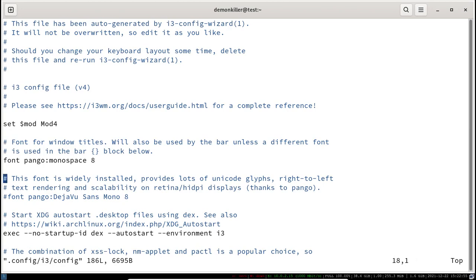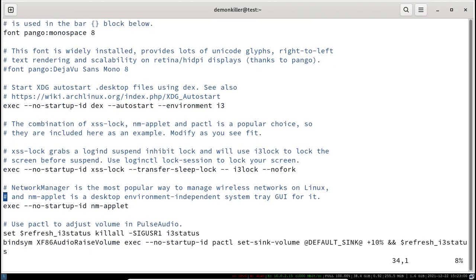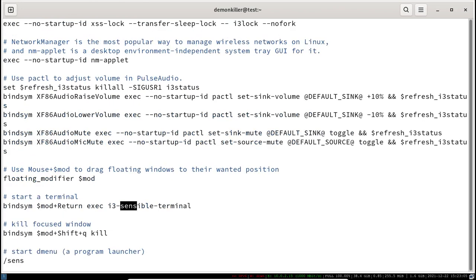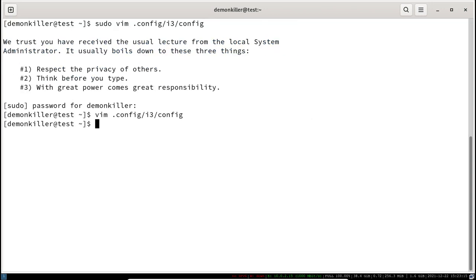Alright, and what we want to do is, for example, search for Sensible. So yeah, here we can come and press I. If you are not comfortable with vim, you can always use nano, that's not an issue. Type in kitty, save the file, and we can mod shift R or mod shift C.